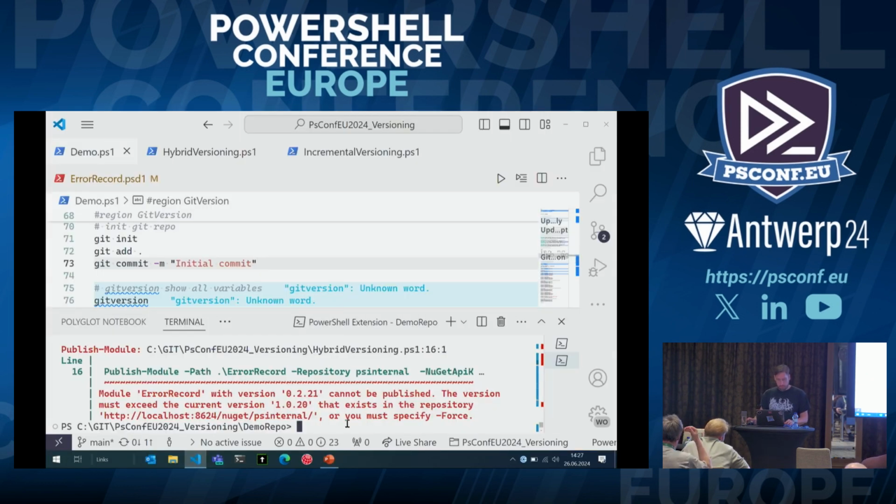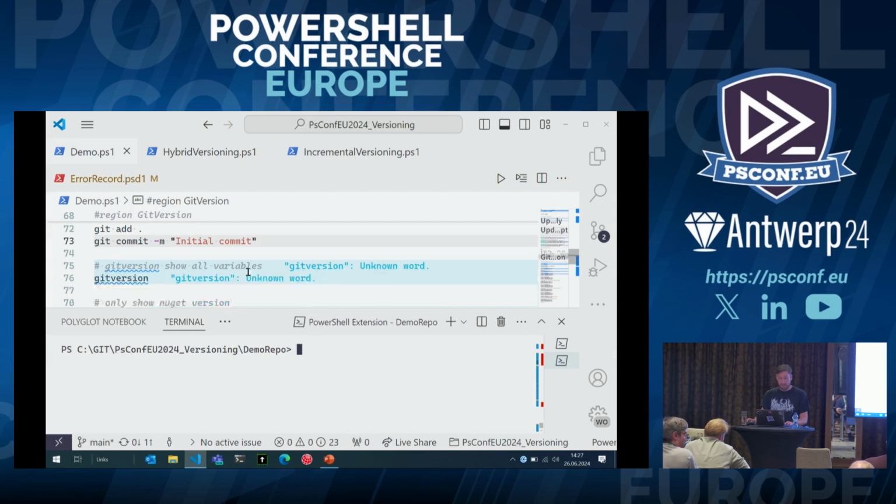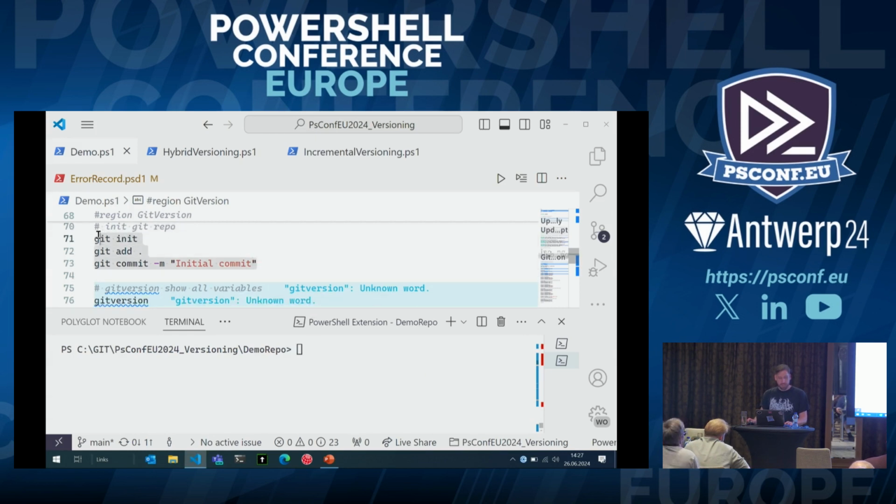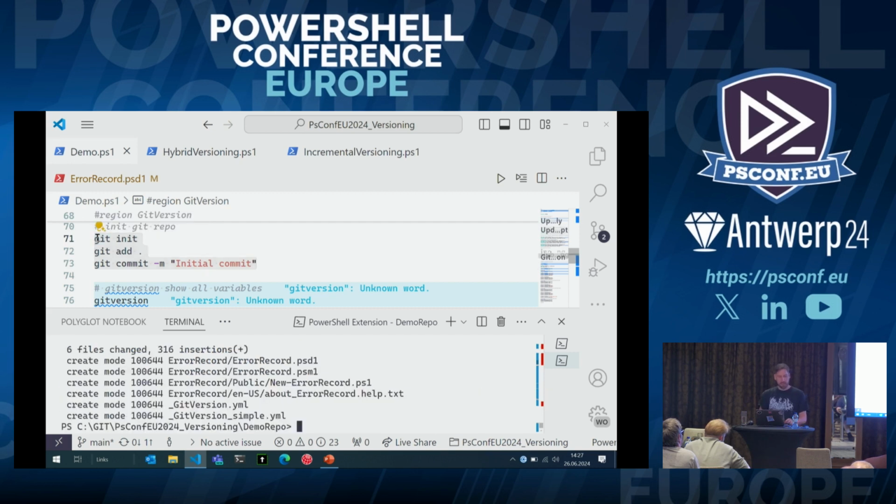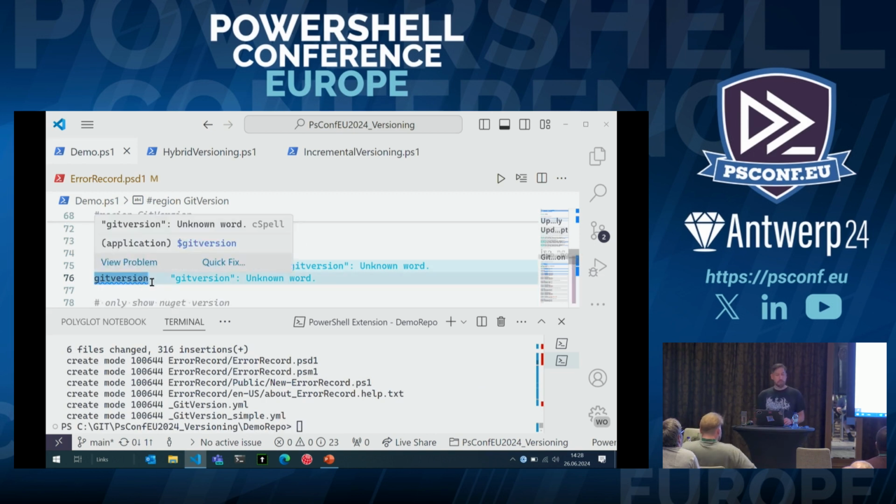So we get back to the demo and hope that things work. First of all, I will just initialize my Git repository with an initial commit. On my machine here, I've got Git version installed. You can download it from the Git version website. You can use Chocolatey, Winget, or .NET Global Tools to get your Git version. And when you execute it,